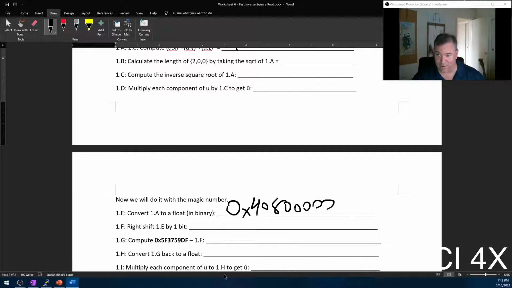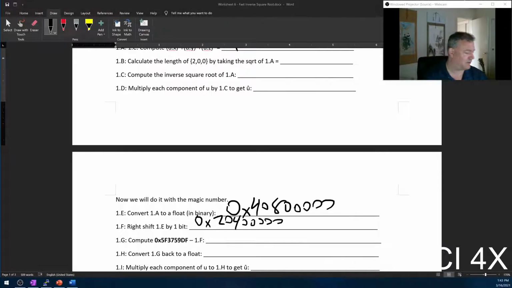All right, so we're going to now right shift it by 1 bit. So that turns into 20400000. We're then going to subtract this number minus this number here. Okay. And so we can do this by hand, or we can do a hex calculator. Fine, you could convert it into binary. Okay. All right, so minus. Okay, so